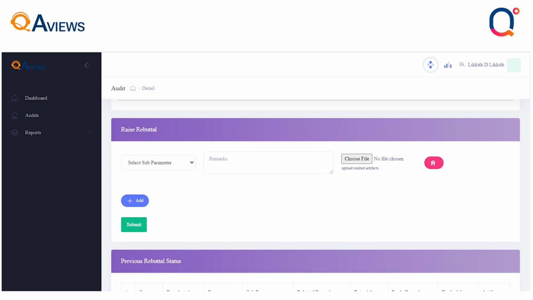We also have a quick rebuttal feature built into the QAViews tool, which enables the team being audited to raise a rebuttal on a real-time basis. I'll give an example. A quality auditor has done a quality audit which is visible to the operation advisor. Now the operation advisor and the subsequent hierarchy view that audit, and in case they want to highlight certain aspects they do not agree with,